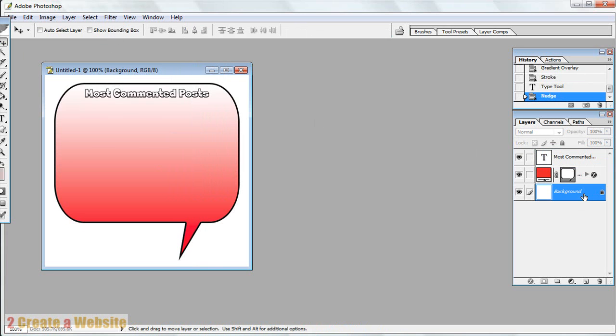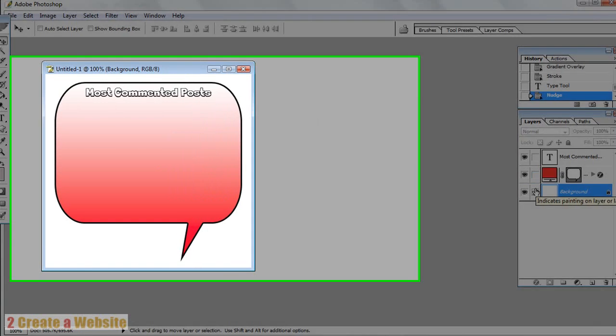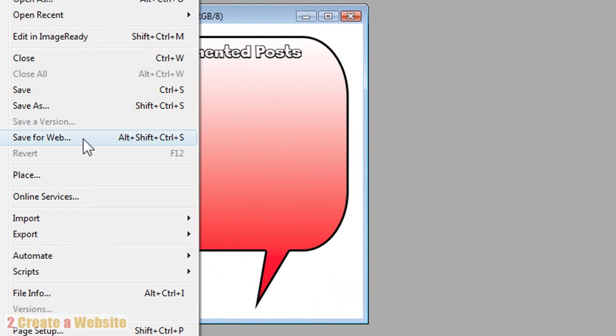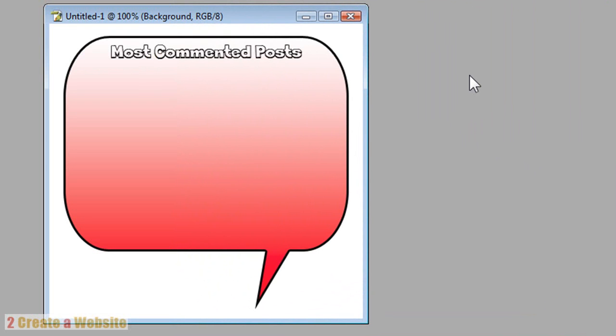And there. So that's pretty much how you create your badge. Then you just go to File, Save for Web, save it as a JPEG, and upload it to the images folder of your blog, and you're ready to go. Now what you want to do is style the text on top of this